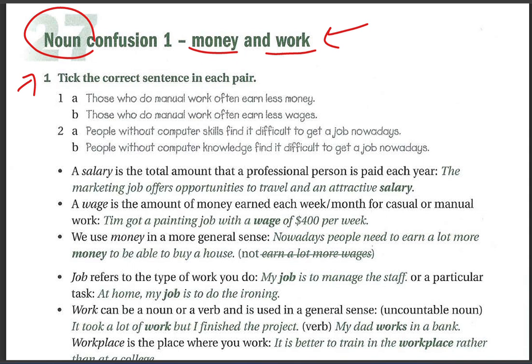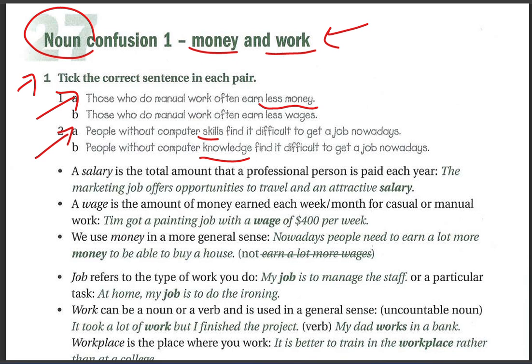What do you think? Which one is correct? Very good. The first one. Less money, not wages. Number 2. People without computer skills find it difficult to get a job nowadays. B. People without computer knowledge find it difficult to get a job nowadays. So which one do you think is correct? Computer skills or computer knowledge? Very good. Computer